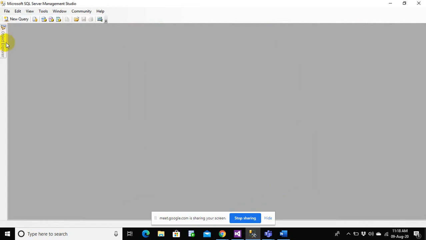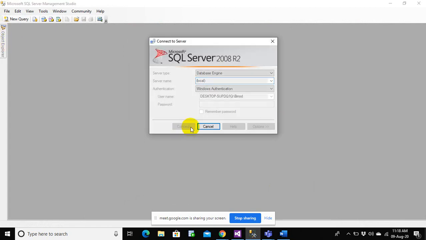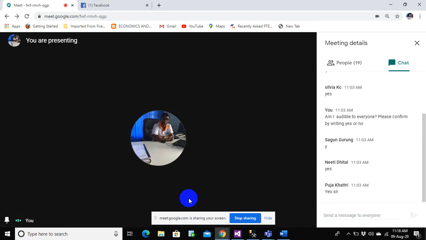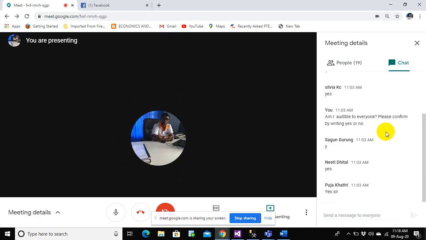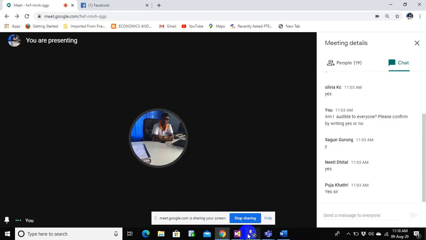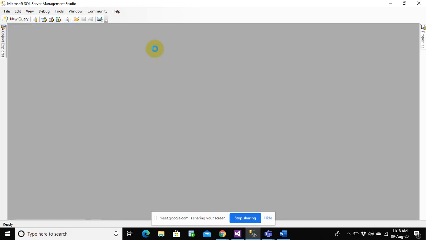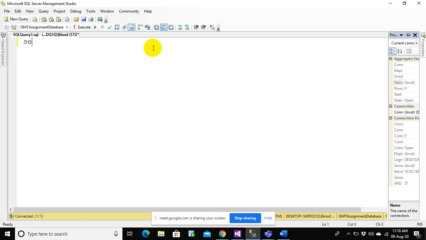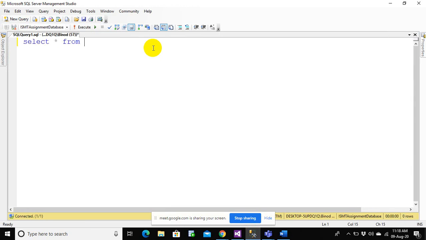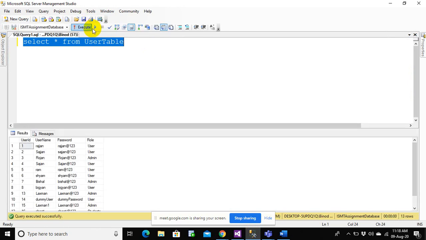Let's go to Object Explorer, and let me again go to my query section. New query. Whenever I do select star from user table, you will see data populated onto your screen. You see a lot of data is coming out here, right?